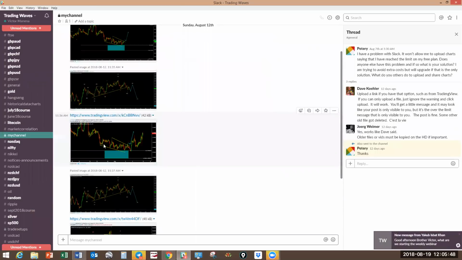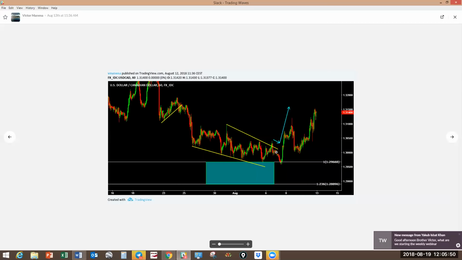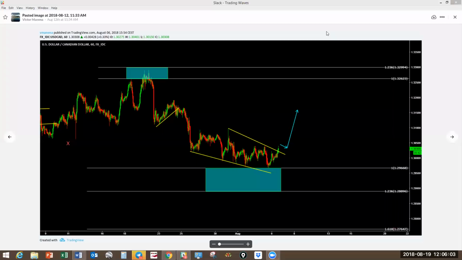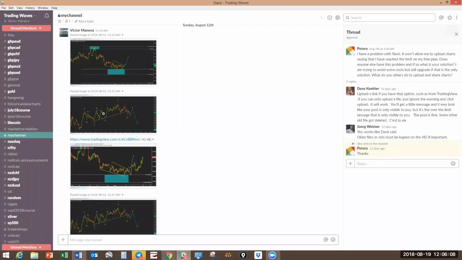So this trade we took last week, this was a bounce. This was a bounce on US dollar CAD. This was before it happened. Here it is. So you can see there how that one played out. Okay, so the rest of the pairs, just the major ones that we're running, is this pound